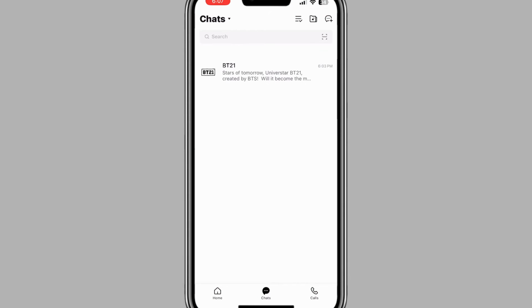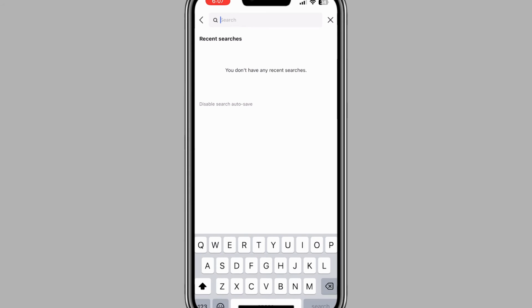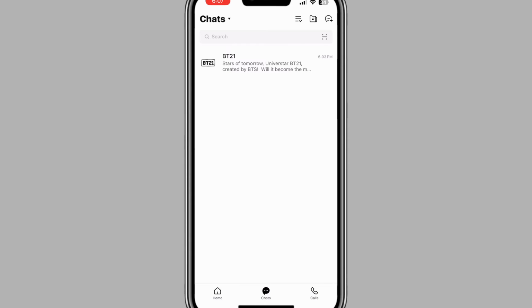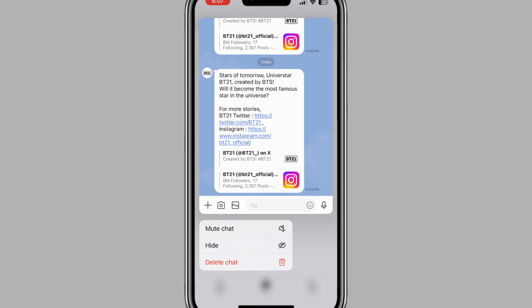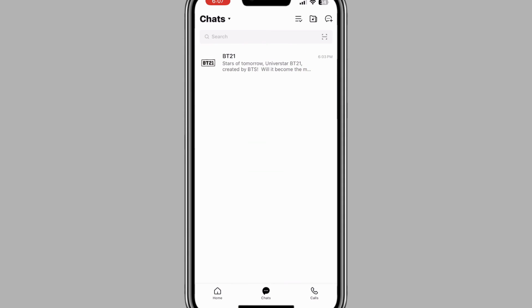Now find the chat you want to archive by scrolling or using the search bar right here. Okay, in order to archive your chat, just long press on the chat. You will see archive right here if it is available, but it's not showing right here, so the next thing